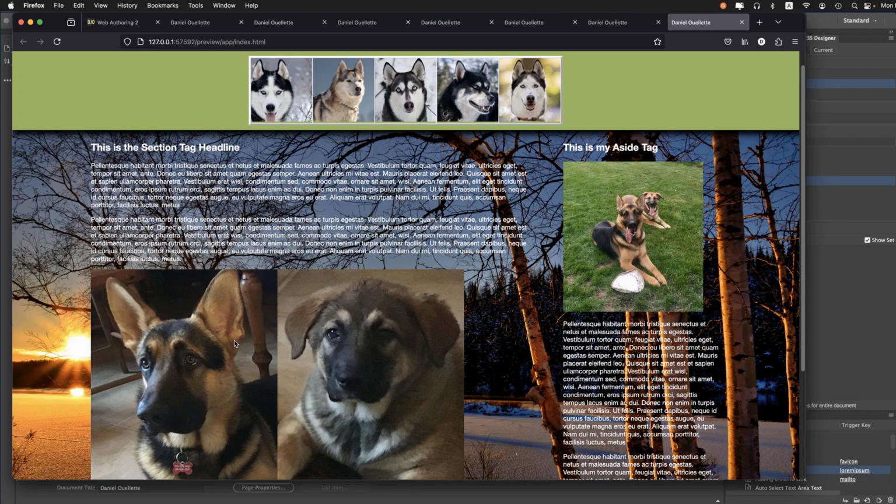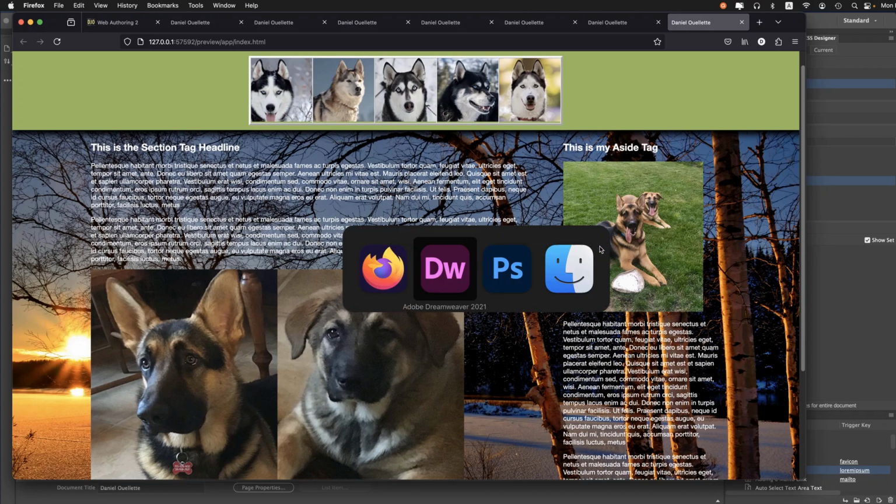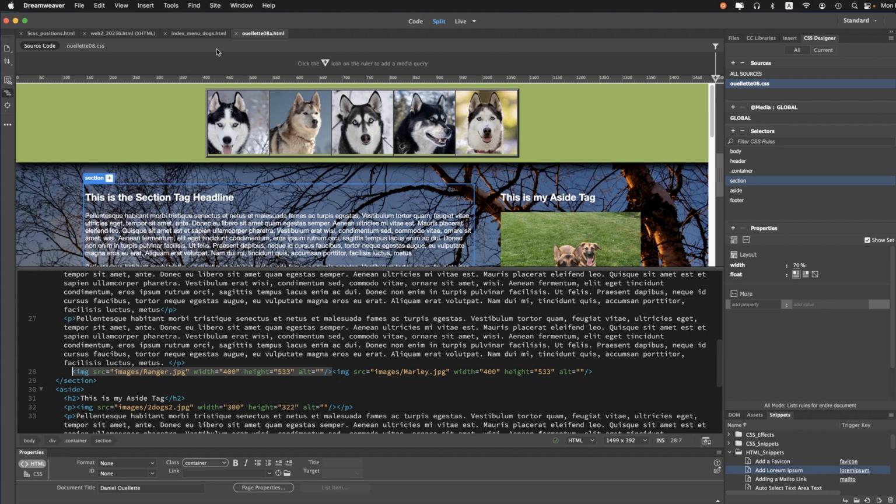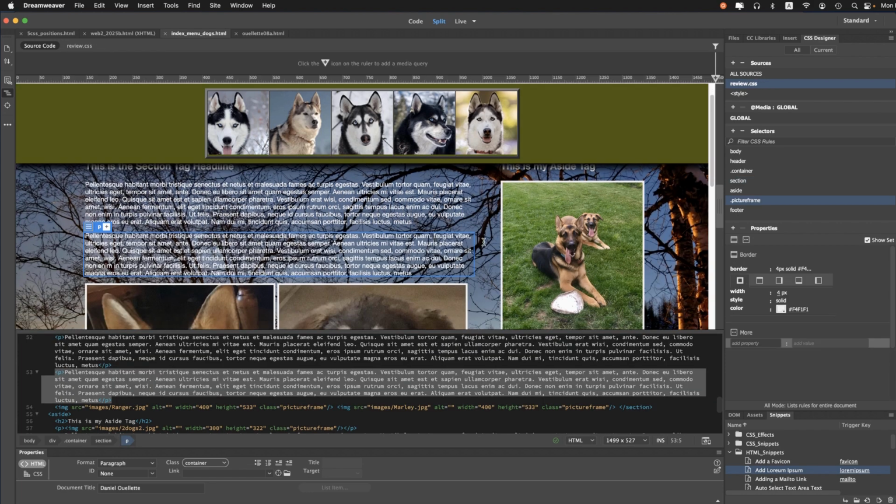Okay, so let's see here. I guess we can decorate these with some borders. If I go over to the finished version, I'll just show you here. I'm going to go back to live view as well on this. The finished one has some white borders here. So I have a custom class style called picture frame, and I just got a border set up, 4 pixels solid white. And that was applied expressly to each photo. So if I go back over here,